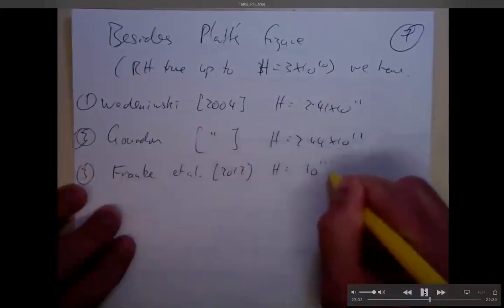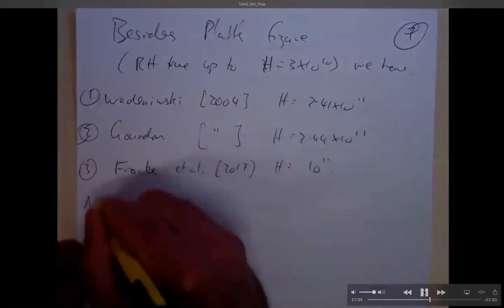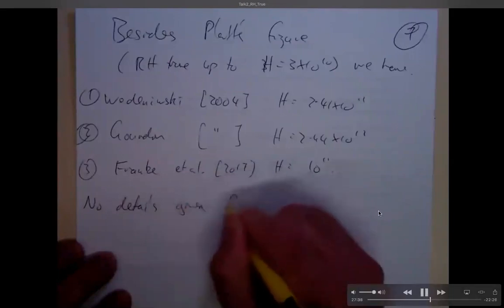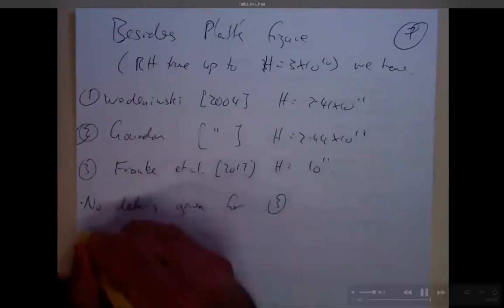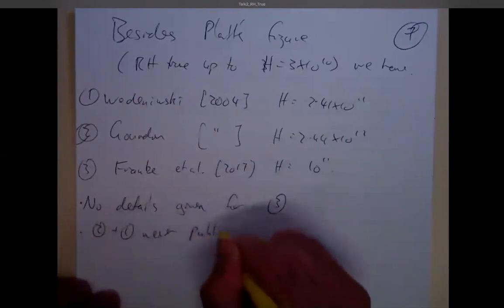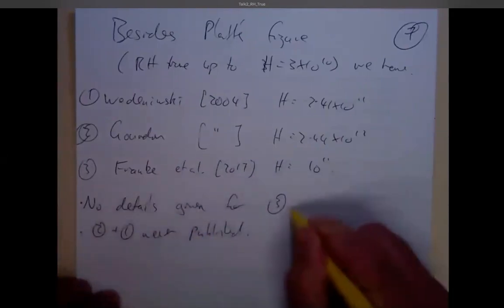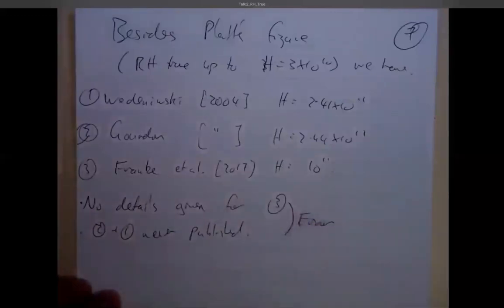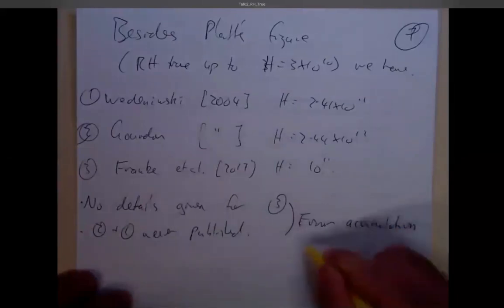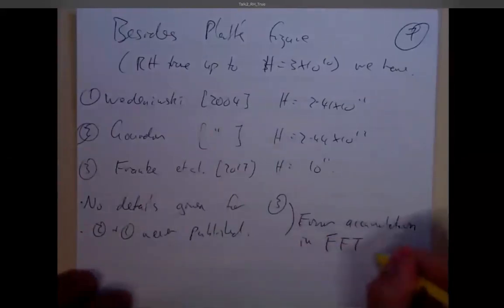There's also a not very well-known result by Franke, Berta, Klein-Jung, and Joost in 2017, which goes up to 10 to the 11. And you might say, well, these are all bigger than 10 to the 10. So what's the problem? Well, some of these seem too good to be true. There's no details given for how they're doing it. There's an awful lot of zeros to compute. There's an awful lot of errors that can creep into the computation. There's no details given whatever. They just said, oh, we just did it on the side. That might work, but how is that replicable? It's unclear to me that that's good enough.